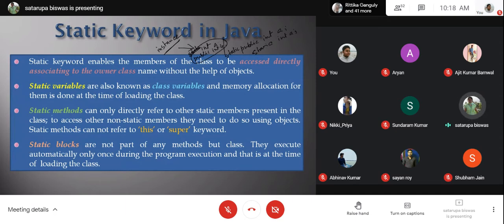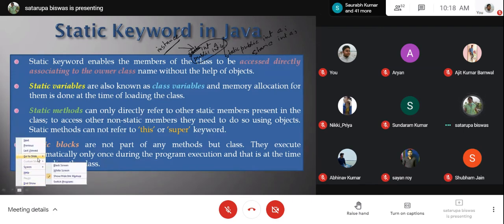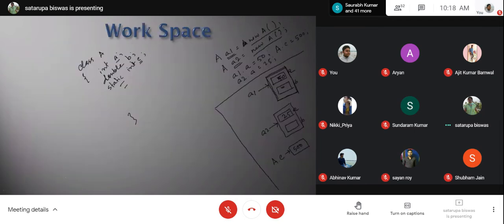Now, the static keyword can also be used for methods. If a method becomes static, it can only directly refer to other static members present in the class. So, let us go to the workbook. If you write static void ABC, this is a static method present over here.